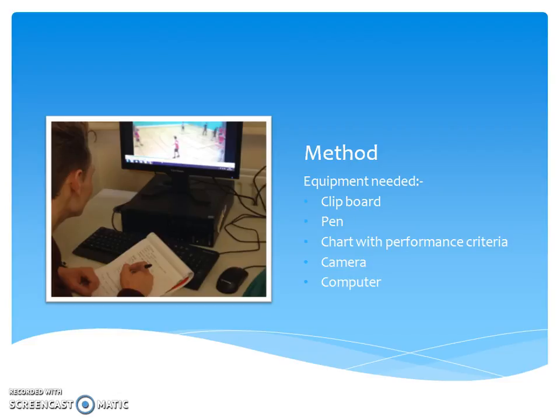We also needed a chart with all our performance criteria on, so we could mark off when we saw all our clients that achieved one of our performance criteria and mark it down. We also used movement patterns to analyse our performers. We did this by watching the half of video data and then printing off an image of a basketball court. We then followed the movement of the performer around the basketball court on the paper with a pen, and then afterwards